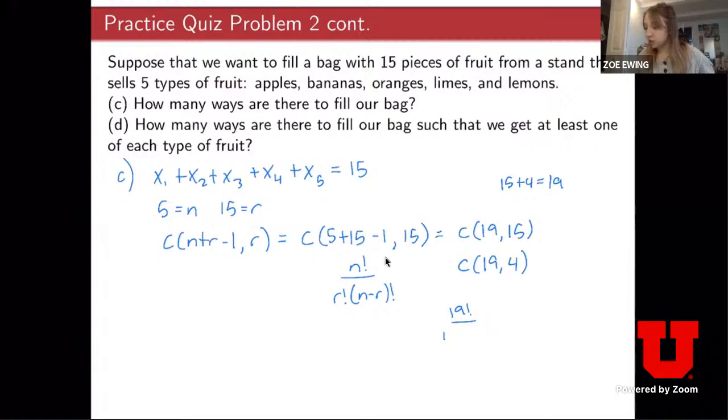And then we can use the same formula as before, except now instead of 5 plus 15, we'll have 5 plus 10 minus 1. Choose